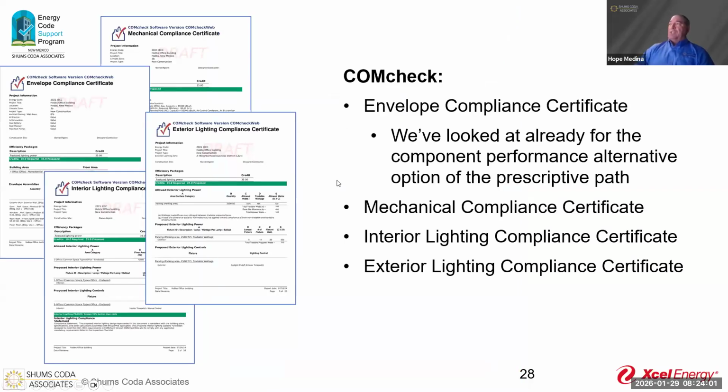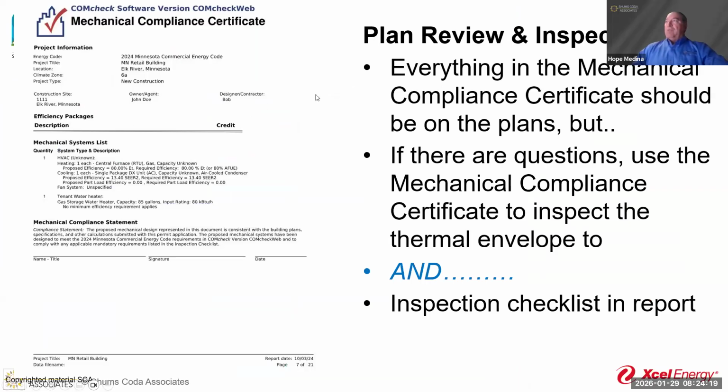When we're doing inspections with the COMcheck, our COMchecks have the envelope, the mechanical, the interior lighting, the exterior lighting certificates, and they have a lot of information on here that helps us with those inspections. Again, when we start out with these, we want to make sure that we have the original certificate as well as the checklist. And on that certificate, just by rote, just like we do with the plans, we make sure that we have the right